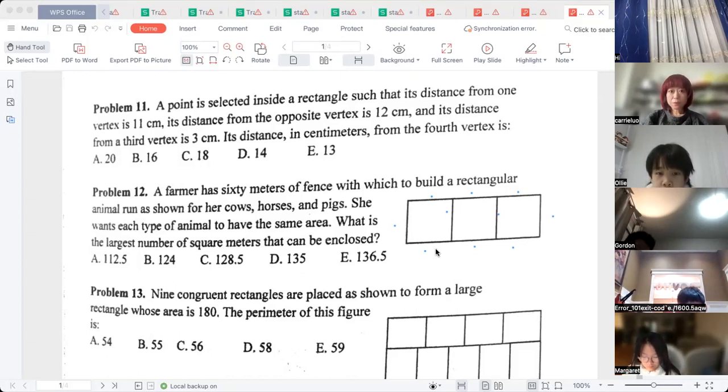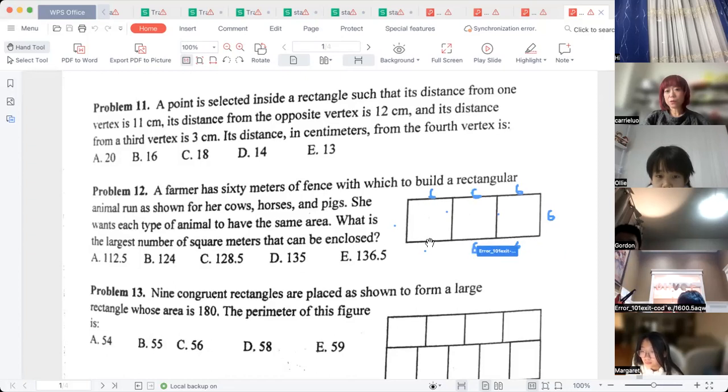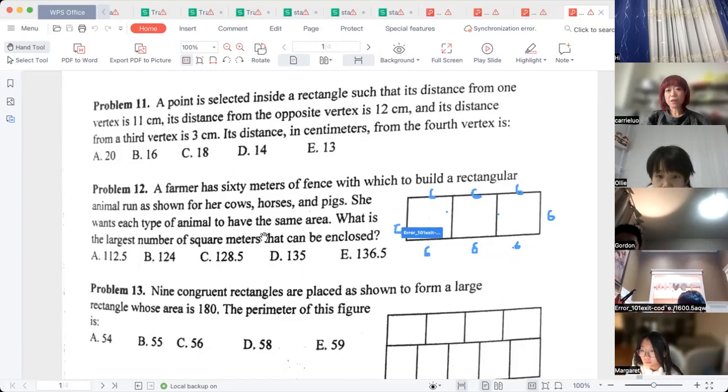So everybody take a look at this one, okay? The 60 meters of fence is used to build a rectangular animal run for the cows, horses, and pigs. We make dots on all of them, right? So the fence is like that. You need to calculate how many equal lengths there are altogether. So 1, 2, 3, 4, 5, 6, 7, 8, 9, 10. So basically it's 60 divided by 10 equals 6. That means each measurement is 6. So in order to find the area is pretty easy. 18 times 6, which is